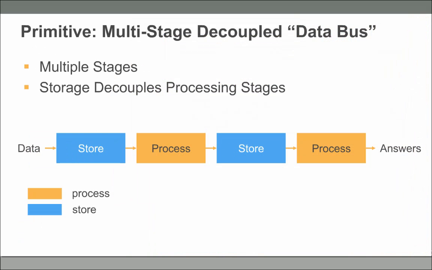So let's move on from the overall Lambda architecture and talk about some other building blocks when we're looking at our overall design architecture. Some of the other architectures include the multi-stage decoupled data bus. The idea here is that the data arrives in a funnel like Kinesis, and then there's a process that reads from the data store, applies some process to the data, and then moves it into another storage mechanism like S3, for example. This pattern can continue, but the important thing to note is that the data in each storage location